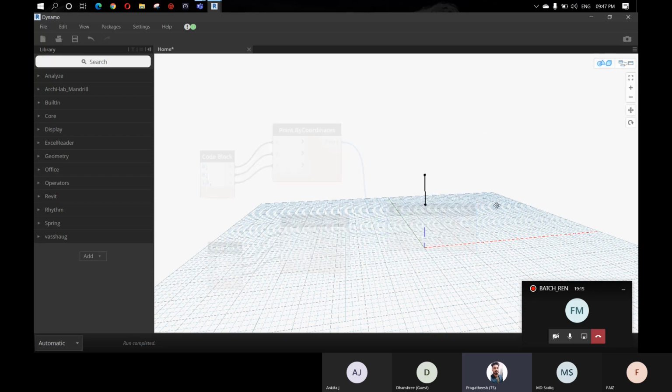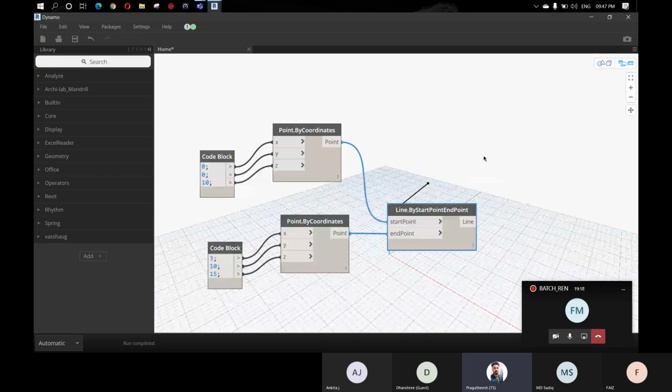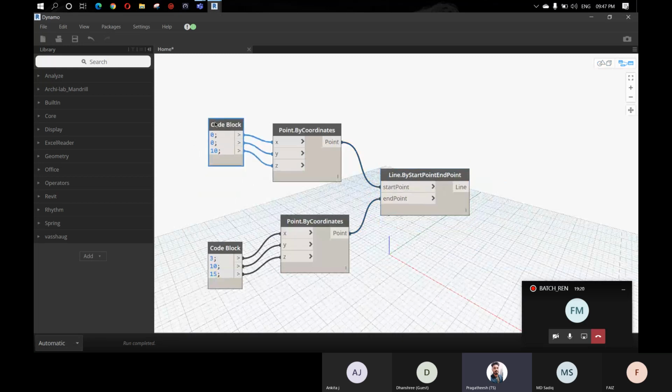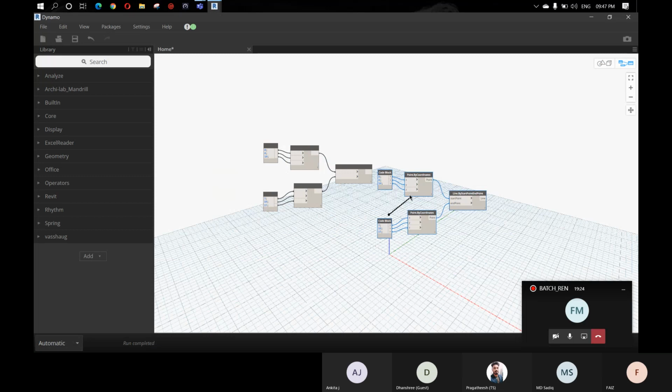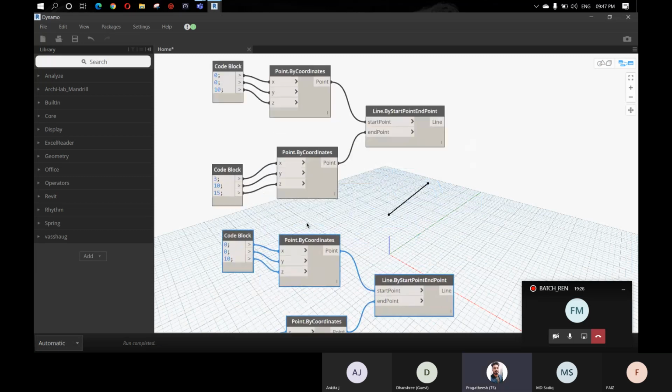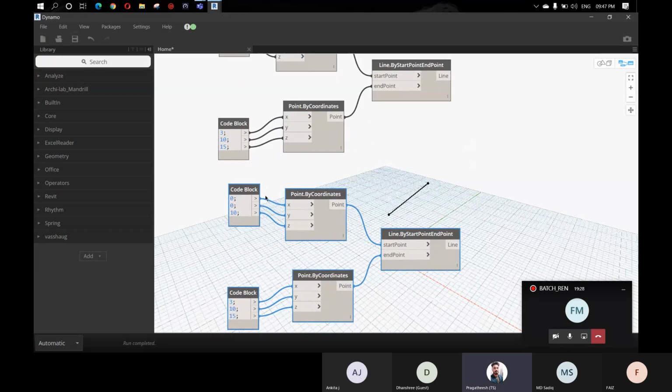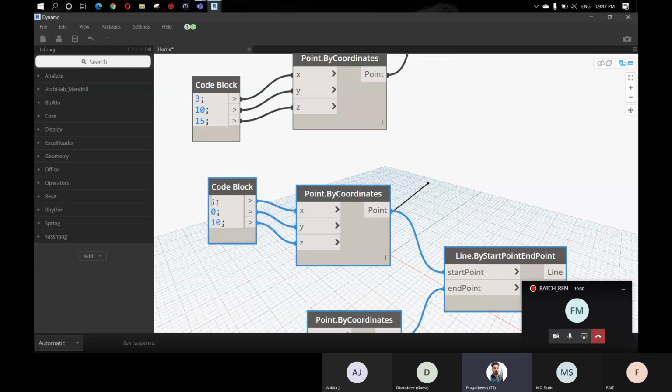So we have created our first line, and let's say 12, 10, and 15.